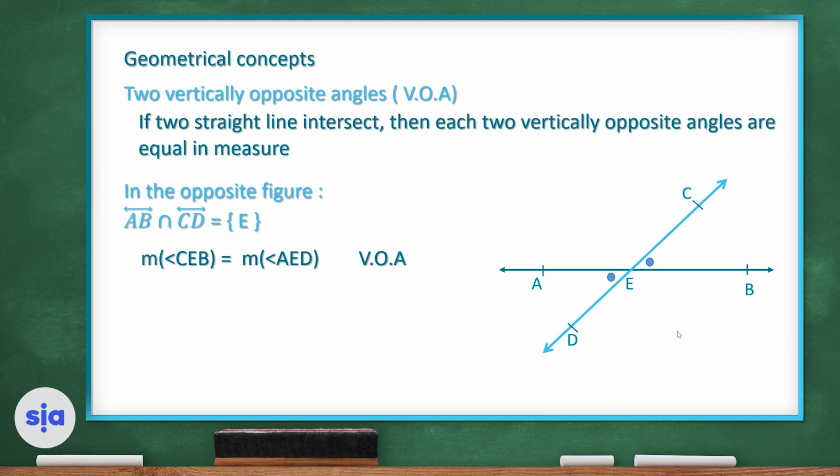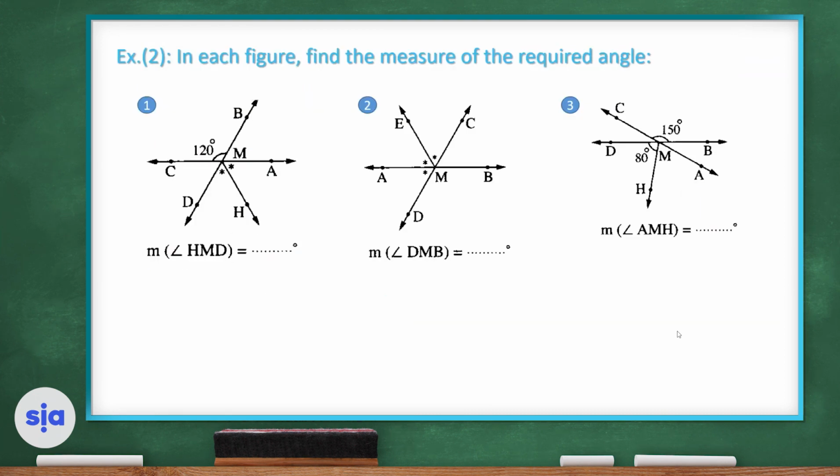Then, as we said, the measure of angle CEB is equal to the measure of angle AED as vertically opposite angles. And also, the measure of angle AEC is equal to the measure of angle BED, also as vertically opposite angles. Let's go now to exercise number 2. In each figure, find the measure of the required angles. Question number 1. The question wants us to find the measure of angle